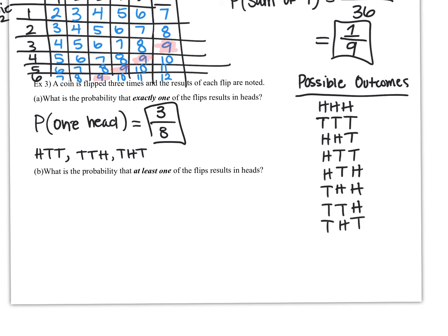Okay. On the reverse side of things, we can look at the probability that at least one of the flips results in heads. So as long as there's at least one heads, we can consider it one of our outcomes. So that's a probability of one or more heads. You can also write it as at least one head. So we still have 8 as our total possible outcomes. In this case, the only time we don't get at least one heads is when there's 3 tails. So 7 out of 8 chance.